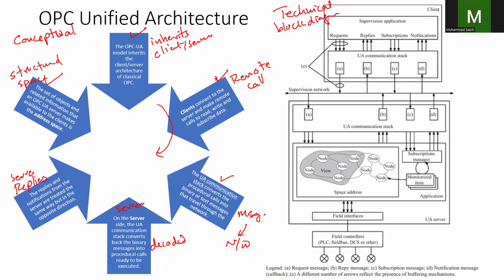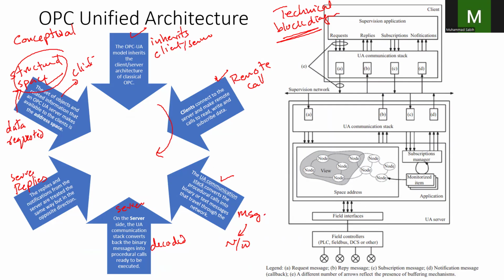Okay, so all the data that is requested goes to a structured space, exposing this data back to the client, where it can see nodes and other attributes. So now looking at the block diagram, technical block diagram on this side,